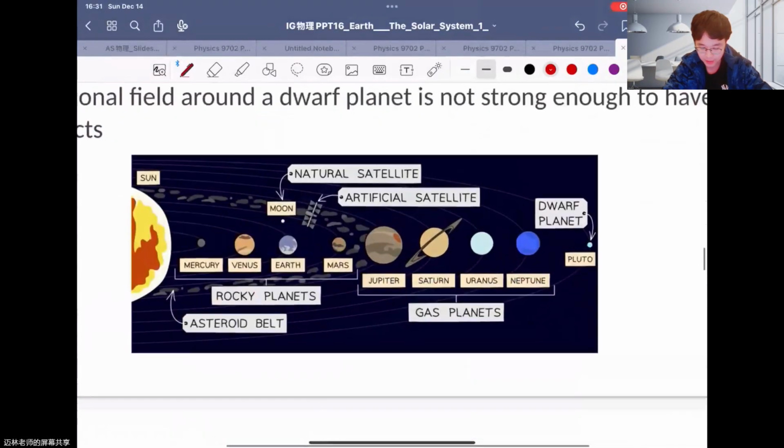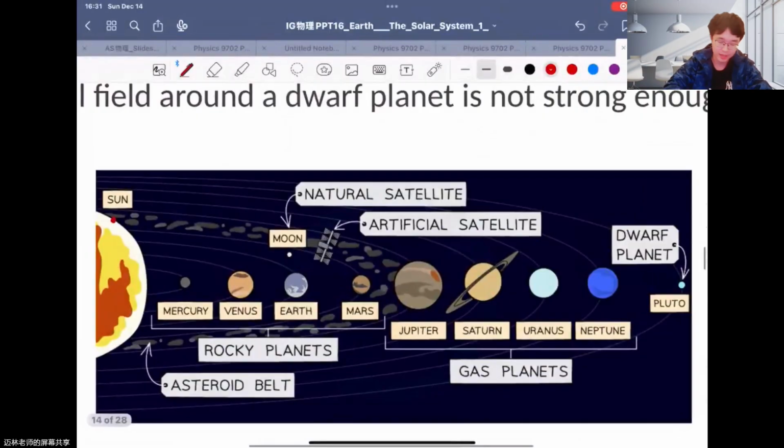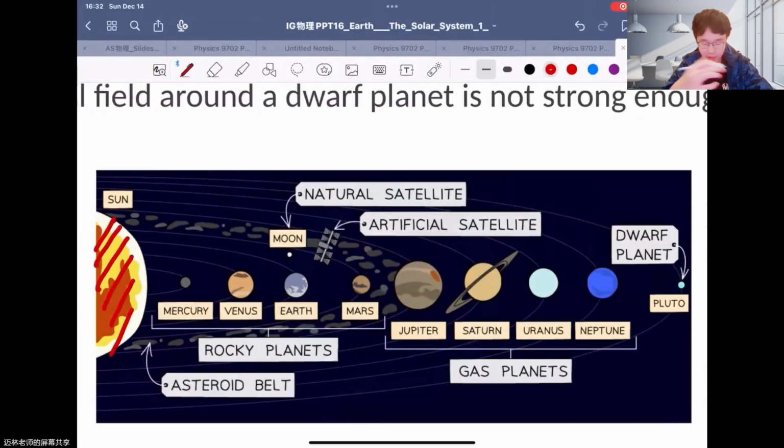You can find in this figure that the Sun is on the left. It's a very big sphere. And Mercury, Venus, Earth, Mars, Jupiter, Saturn, Uranus, Neptune, and Pluto are arranged in different orbits. From Mercury to Neptune, there are 8 planets, and Pluto is a very small